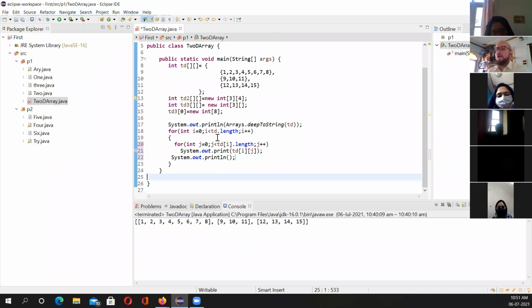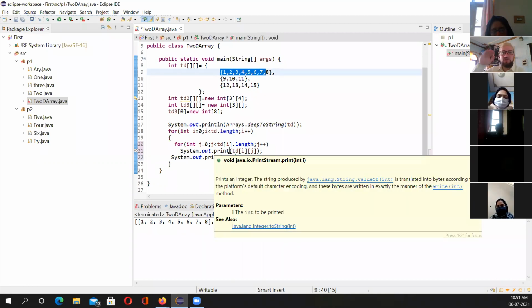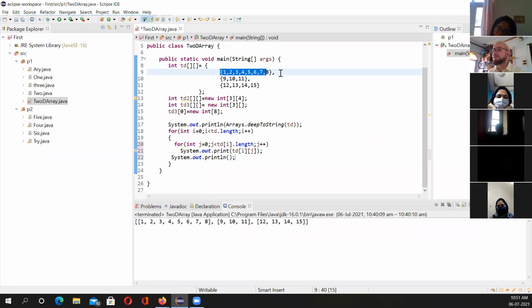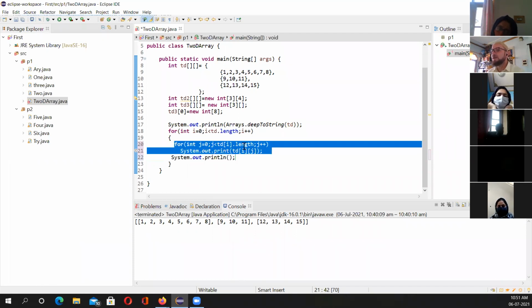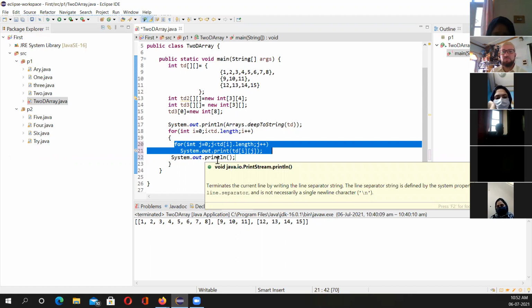देखिए होगा क्या, ये चलेगा 0 से TD dot length, पहली बार चलेगा ये, तो उसके बाद देखेगा TD of 0, क्योंकि I is 0, 0 dot length वो कितना है, वो 8 है, तो 8 बारी ये प्रिंट करेगा। एक print में लिखा, println नहीं कहा, क्योंकि अगर println करता तो हर बार new line आता, तो ये एक ही लाइन में आ जाएगा 1 2 3 4 5 6 7 8। जो ही ये अपना लूप फिनिश करेगा, पहला iteration, ये इससे बाहर निकलेगा। अब बाहर वाले लूप का ये println backslash n चलेगा तो नए लाइन में ले जाएगा, है ना।